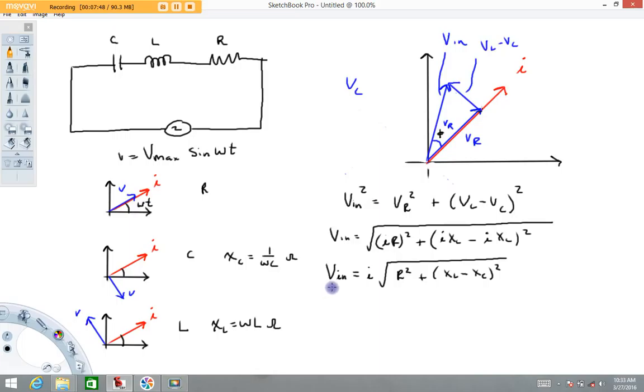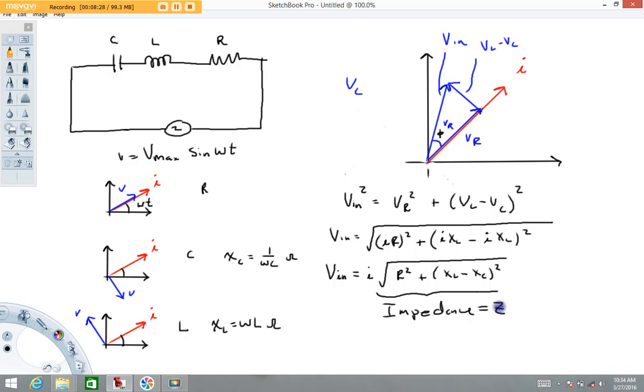Now, when you think about Ohm's law, V equals IR, basically, this entire term has units of ohms. This entire term is called impedance. It's basically the overall or total or net resistance of the circuit, all things considered: the resistor, the inductor, and the capacitor. The important thing to realize, though, is that the impedance is frequency dependent. The R doesn't depend on frequency, but these do. Remember, X sub L is omega L and X sub C is 1 over omega C. So the impedance of the circuit is frequency dependent. Most books use the letter Z to represent impedance.